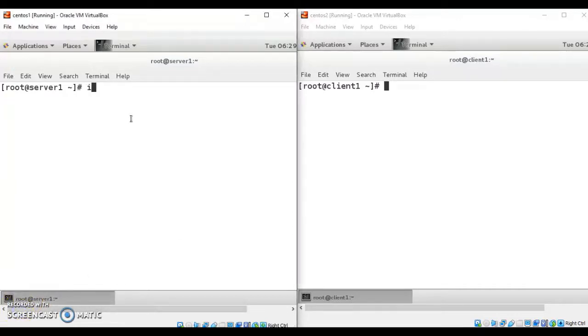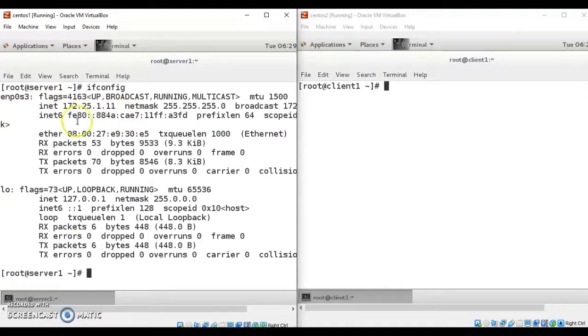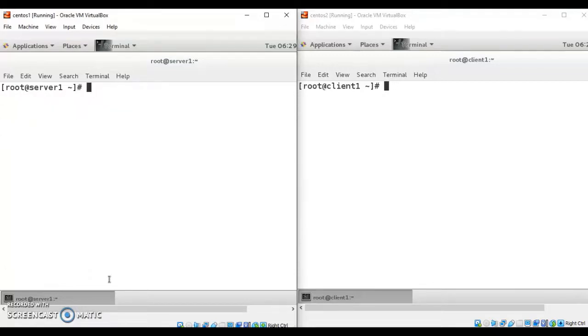Once you have displayed the IP address by using the command ifconfig, if in case this machine is still not assigned with an IP address, then we have to check the network adapter by using the command nmcli connection show.